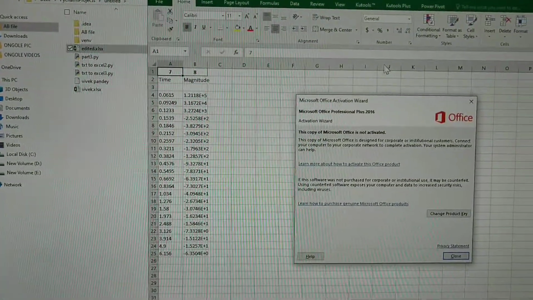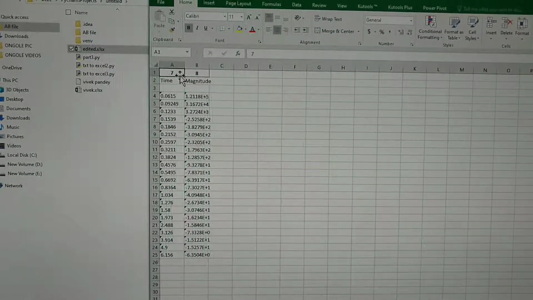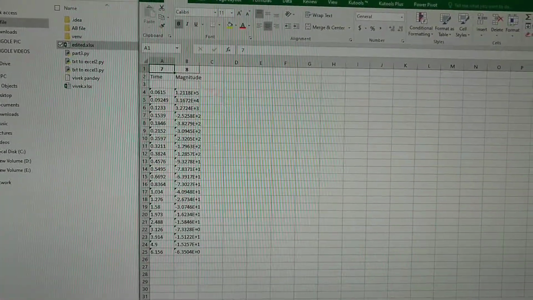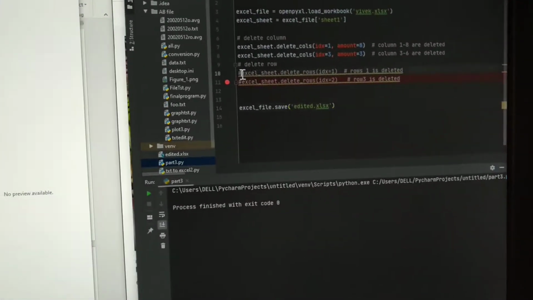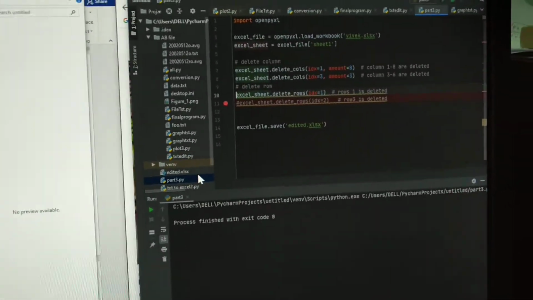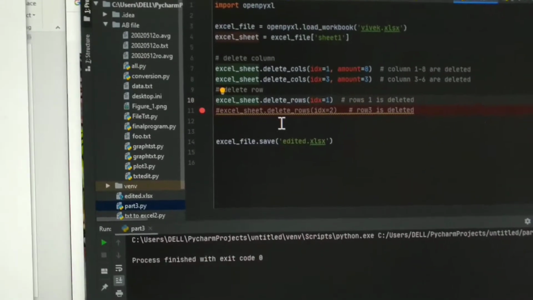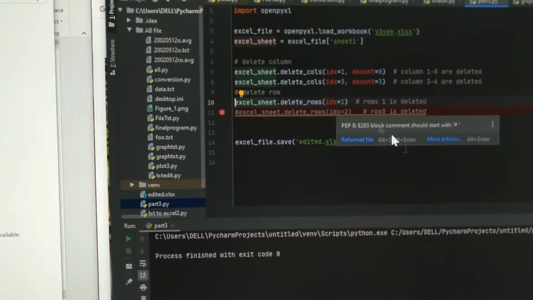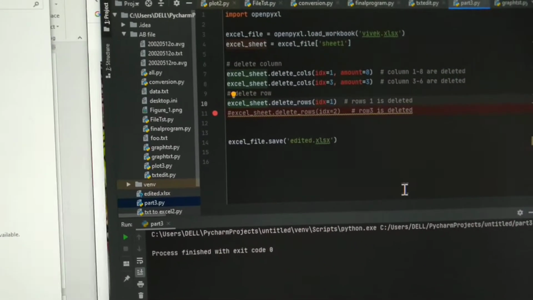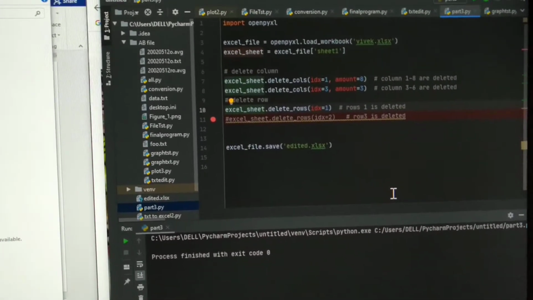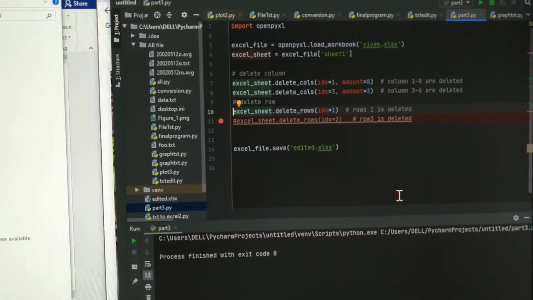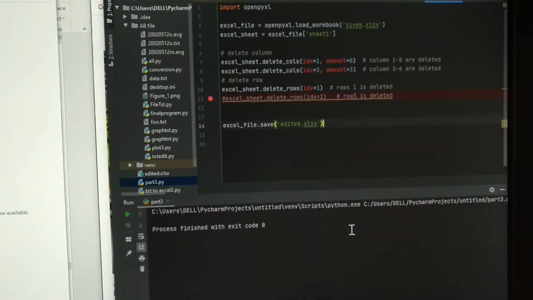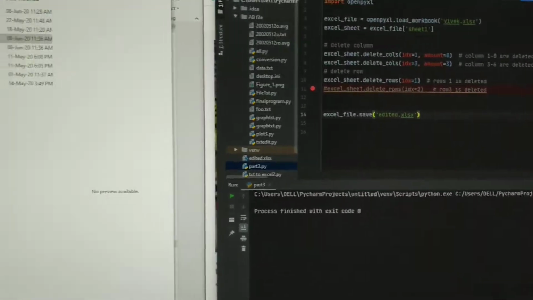like this. Now I want to delete row number 1 and row number 3 also. So first I want to delete row number 1, so I have to run this command: excel sheet dot delete rows, index 1. The amount is 1 only, just one row, so I don't have to add any amount. So if I run this, I'll get